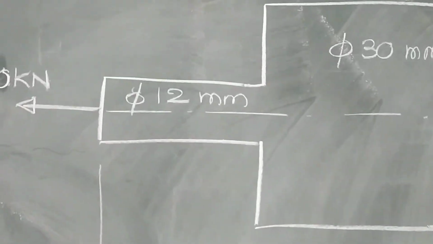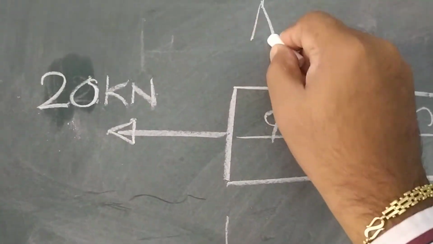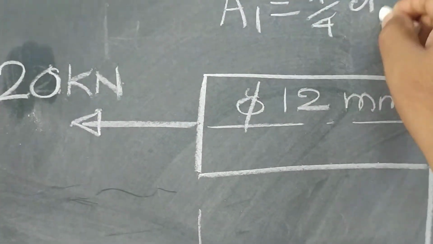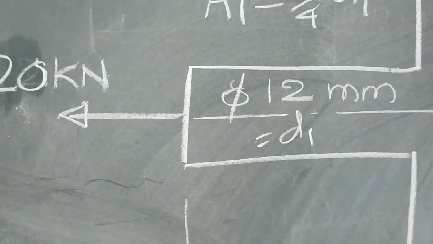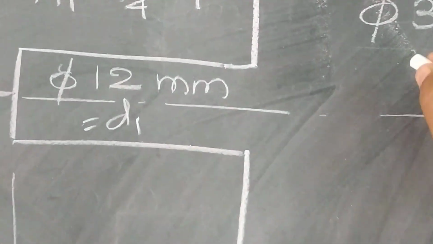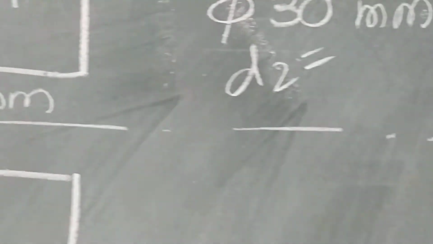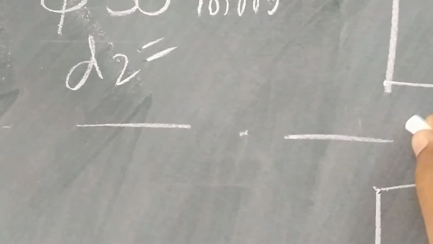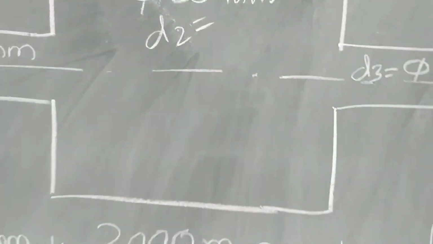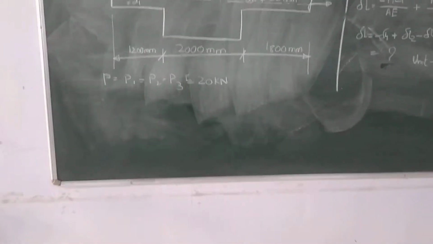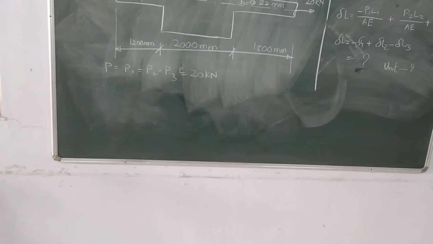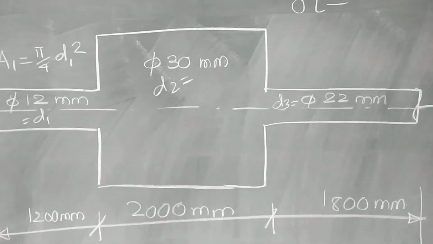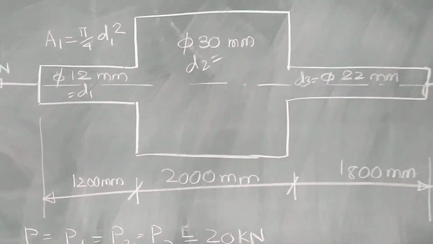This is circular cross section. So, area 1 is pi by 4 d1 square, where d1 is 12 mm, d2 is 30 mm diameter and d3 is 22 mm. Let me confirm. Yes, 12 mm, 30 mm and 22 mm. Fine. So, P is same throughout,